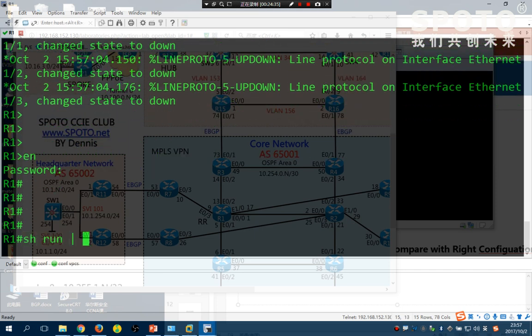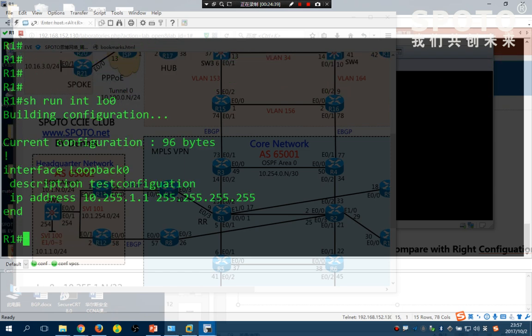Running config, interface loopback 0. Yes, our test is in here, so you can save your config in our IOUs,